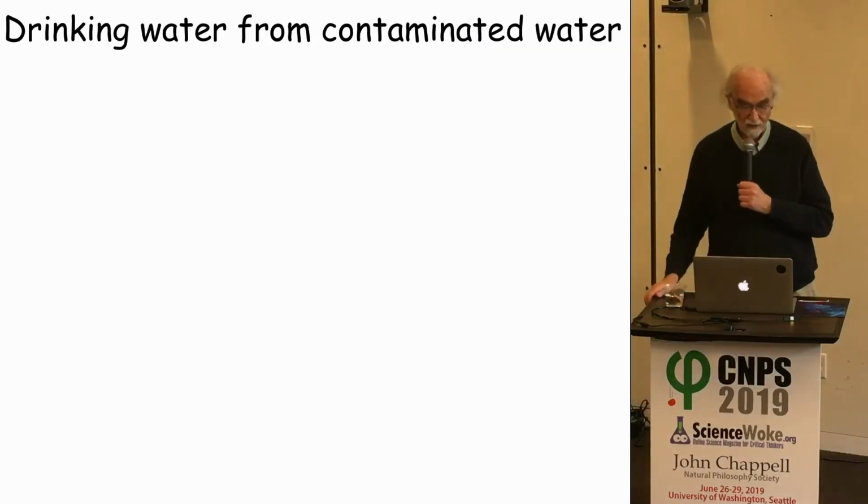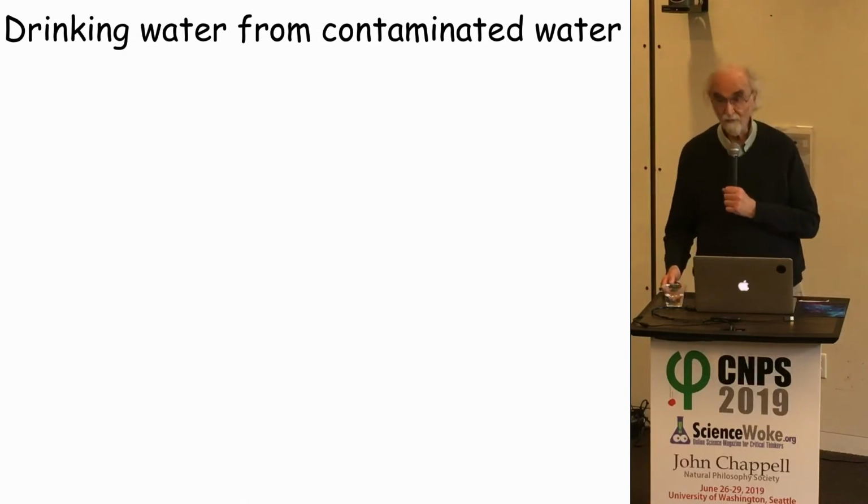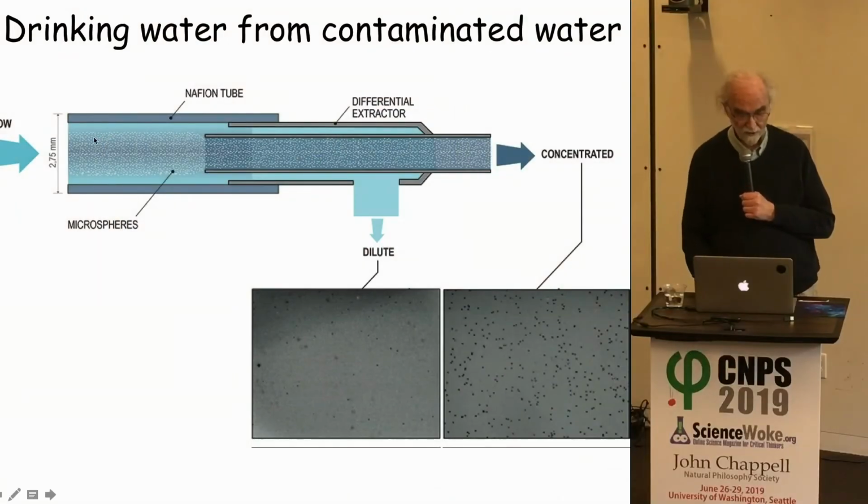Another one is getting drinking water from contaminated water, obviously a serious problem. And we can do it in a simple way. Again, the challenge is to scale it up so that it's really useful. If you remember, here's a naphthalene tube, and you have flow going into the naphthalene tube and through it. As representative flow, we use water plus microspheres as simulated bacteria, and we've studied it. We've also used genuine contaminants, but just showing the principle.